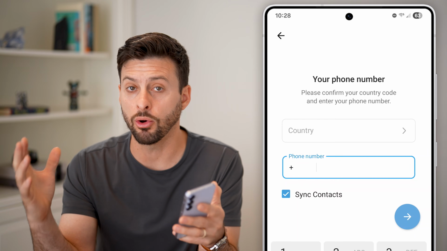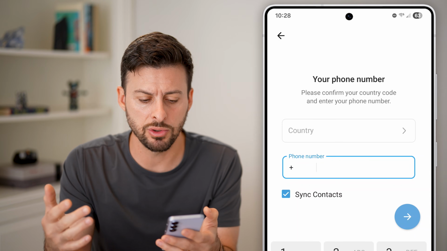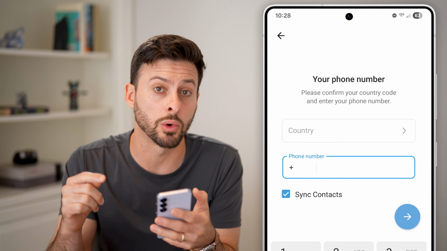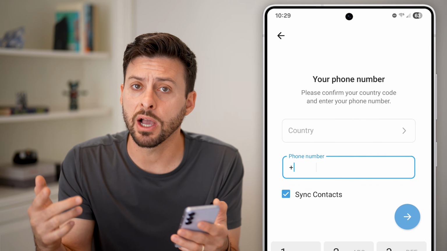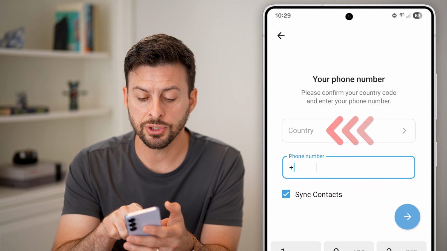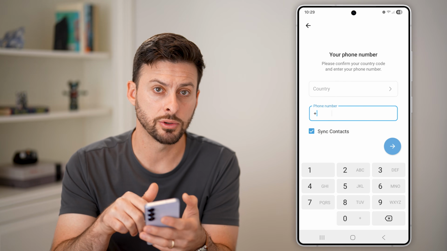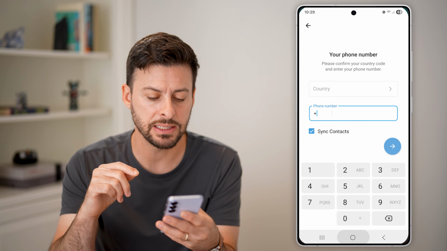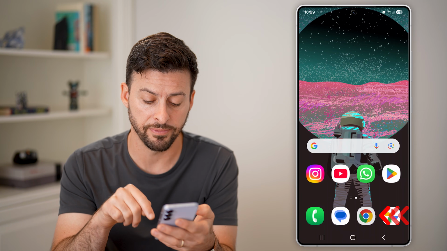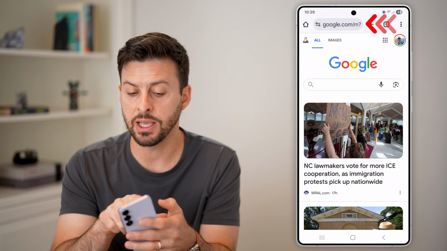I have already my old account, but let's say you're setting up a new account and you don't want to use your current phone number. You have a couple different options on here. Unfortunately, on here, you need to choose a country code and a phone number to set up the account, but it doesn't need to be your phone number on your phone, or if you don't have one, it doesn't really